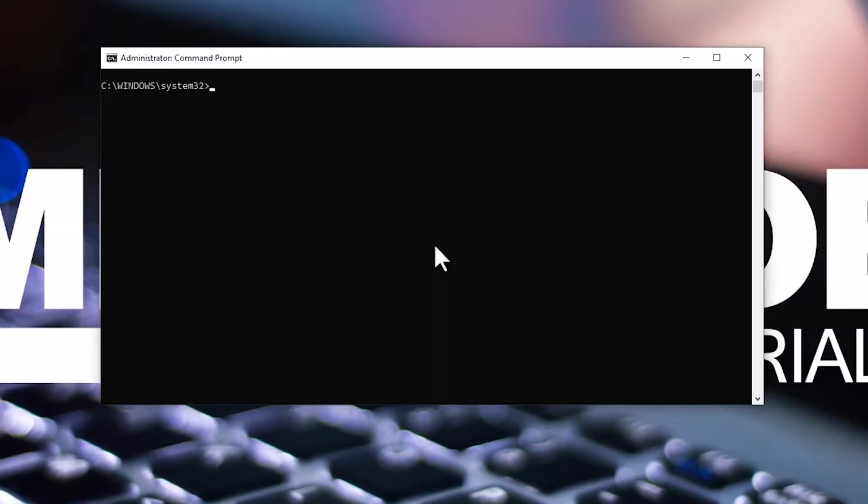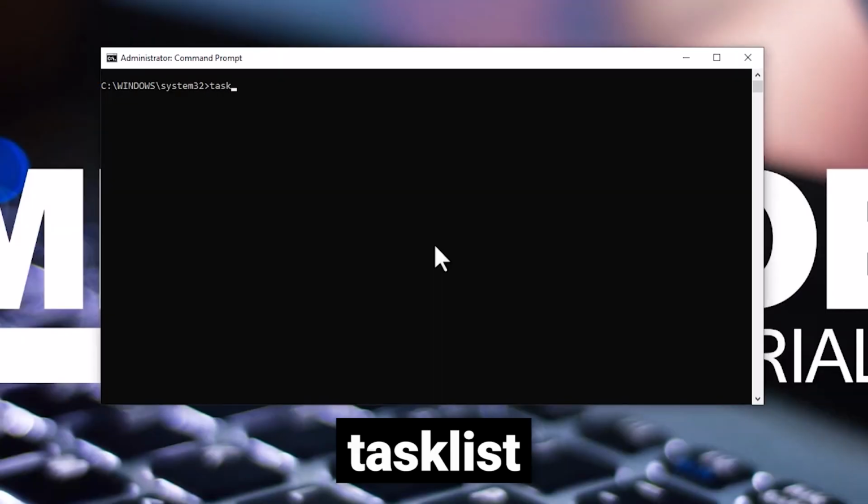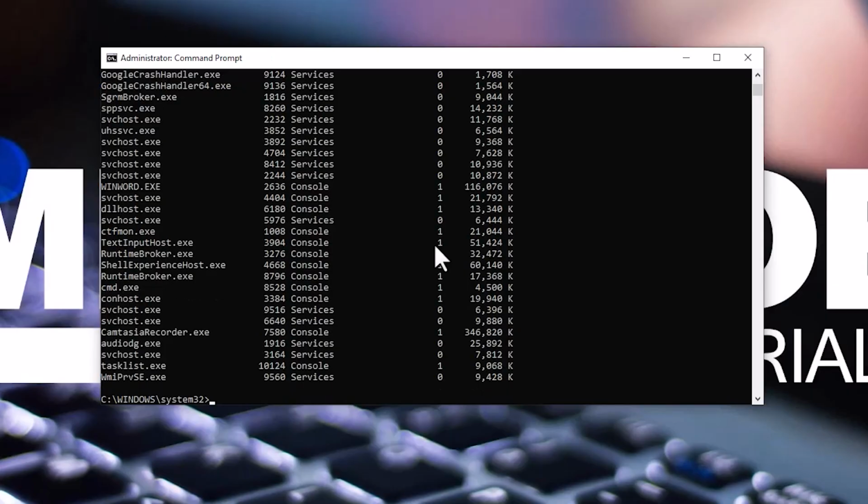Coming next is tasklist. Tasklist outputs a list of all the currently running processes. And along with this command comes the next command called taskkill. Taskkill allows you to kill a process either by its PID or by the name listed for it in the tasklist output. To stop a process by its ID, use taskkill